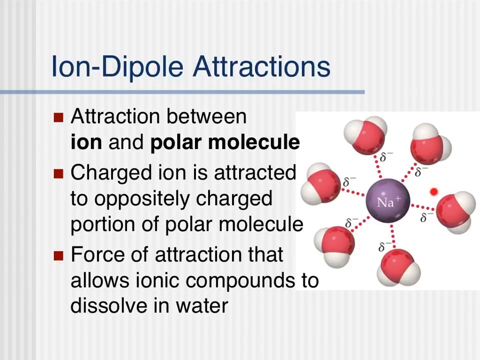Ions, like my sodium right here, have a charge, and things that have charge attract things that have charge. So that positive sodium, or even a negative chlorine, or a +2 calcium, or a -2 oxygen, or even a polyatomic ion like nitrate that has a -1 charge, would be attracted to other charged things. Like sodium's attracted to chloride, but it's also attracted to the partial negatives on the oxygen end of water